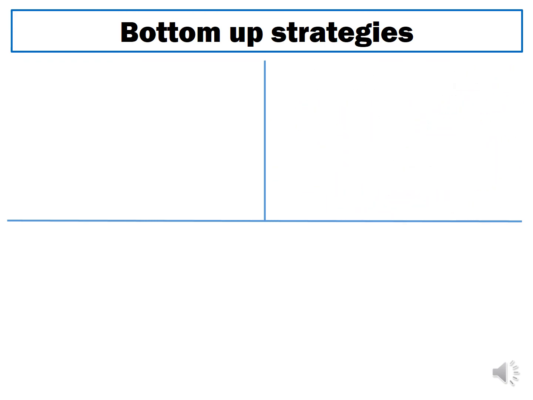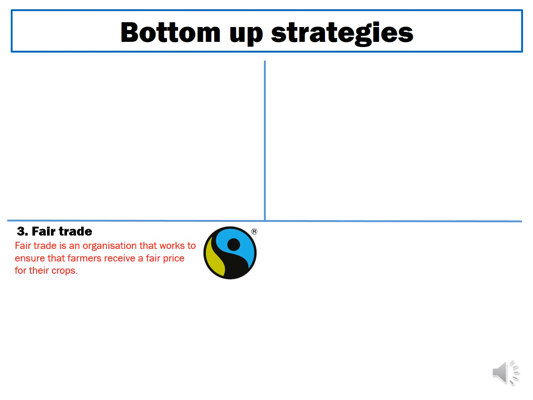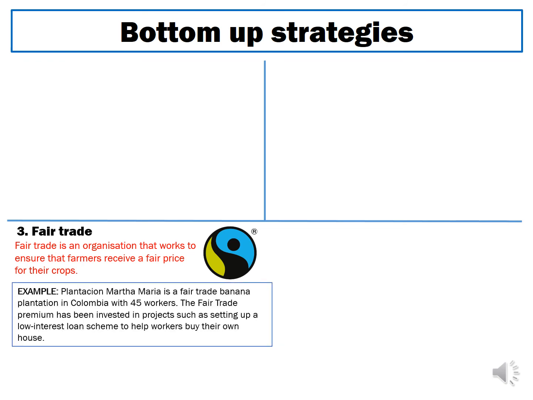The final strategy to focus on is fair trade. Fair trade is an organisation that works to ensure that farmers receive a fair price for their crops. And an example of this is the plantation Martha Maria in Colombia, which is a banana plantation with 45 workers. The Fair Trade Premium has been invested in projects such as setting up a low-interest loan scheme to help workers